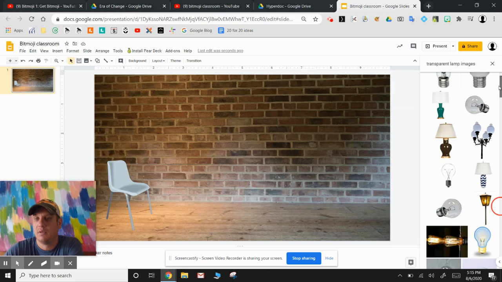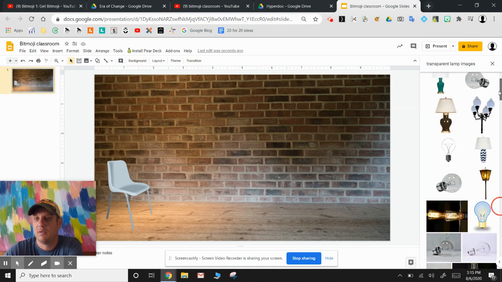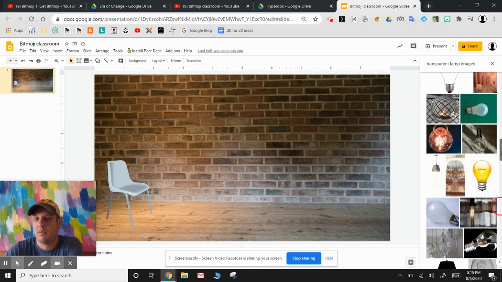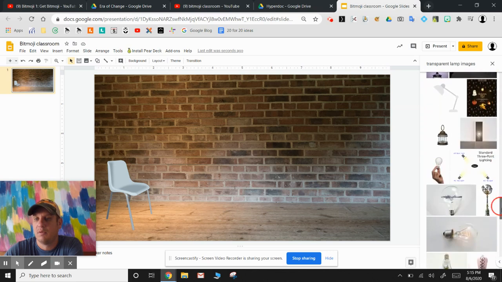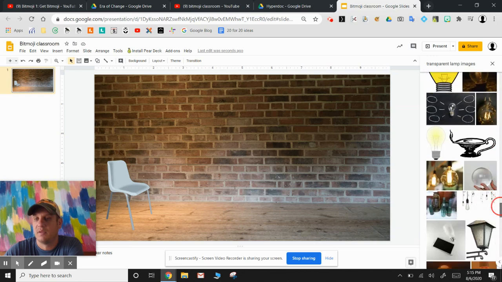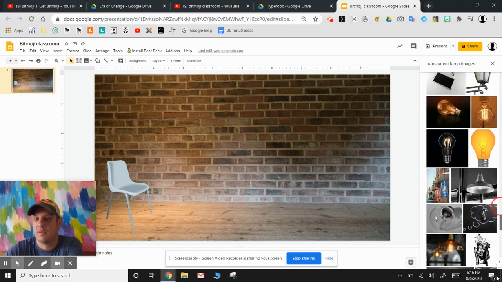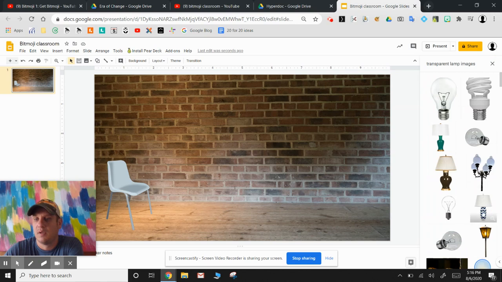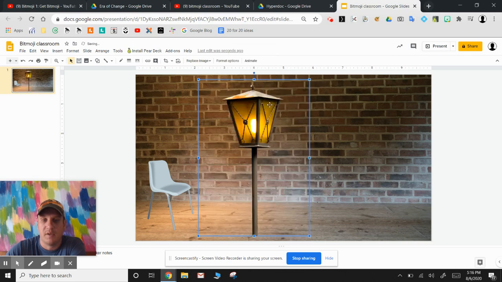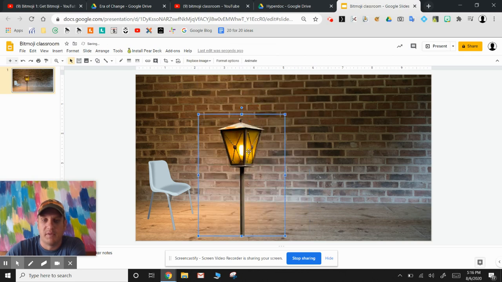Searching. Well, that's way too fancy. Well, we'll just try this one just for the sake of being done here. So we've got basically an outdoor lamp, and I want it to go maybe in the corner behind the chair,